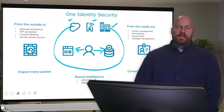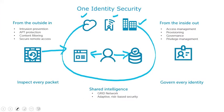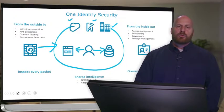So you've got two things that you need to do to control that. First is you want to protect from the outside in, and that's what your next generation firewalls do. It does intrusion prevention, APT protection, content filtering, and secure remote access. Basically everything you need to do to make sure that the traffic coming into your network is the right traffic, it's clean, it's not going to mess anything up,